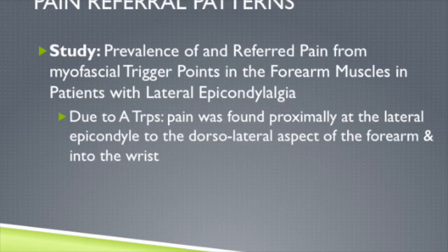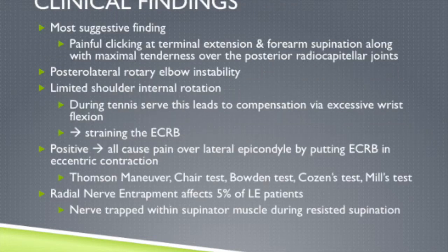Pain referral patterns can be found in a study entitled Prevalence of and Referred Pain from Myofascial Trigger Points in the Forearm Muscles in Patients with Lateral Epicondylalgia. Due to active trigger points, pain was found proximally at the lateral epicondyle, to the dorsolateral aspect of the forearm, and into the wrist. Clinical findings include painful clicking at terminal extension and forearm supination, along with maximal tenderness over